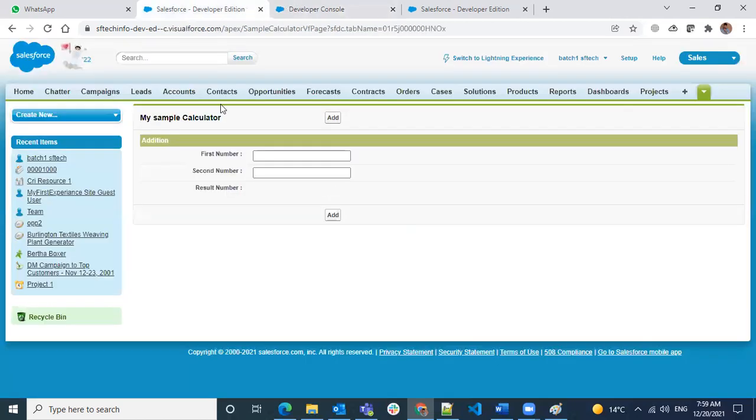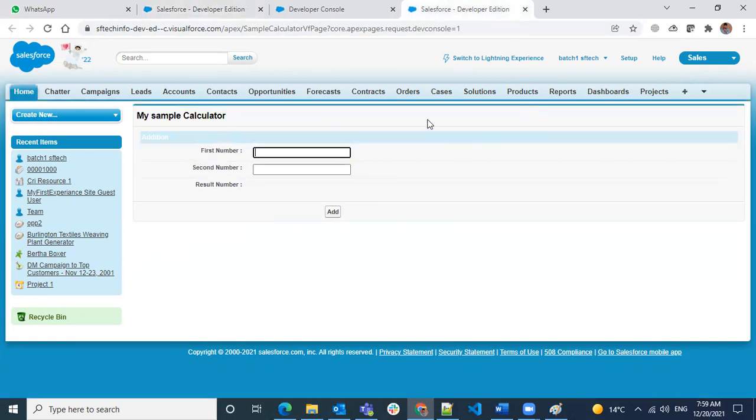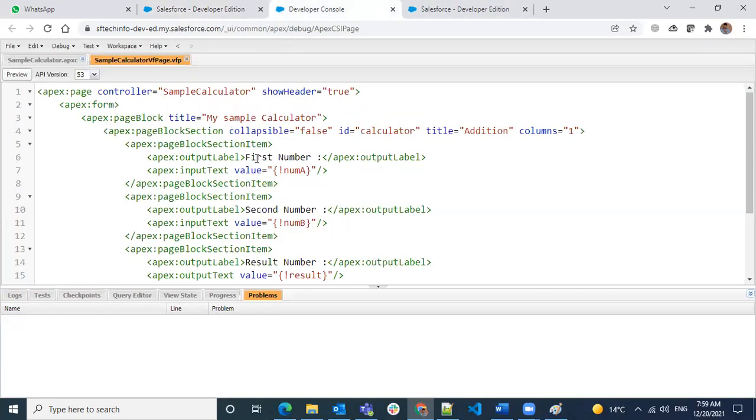So I'm trying to refresh. Now I see it only at the bottom. First we'll see whether it's operating correctly or not. So I'm giving 3 and 4. You see it's a 7. Okay, if I give 7 and 3, it's happening. Okay, and similarly we can do the same for